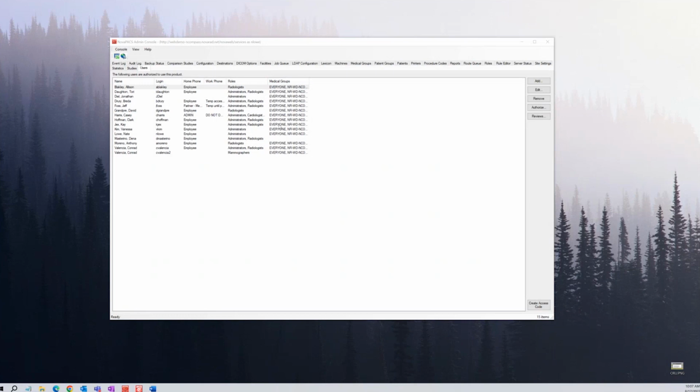So one thing that I like to show on this screen before we move on is if we click on the top, we can sort ascending or descending. And this is kind of helpful if you have a super long list. I know some of you out there have hundreds of users. So what I would do is I would sort by the name or the login and then just scroll down until I found who I was looking for.